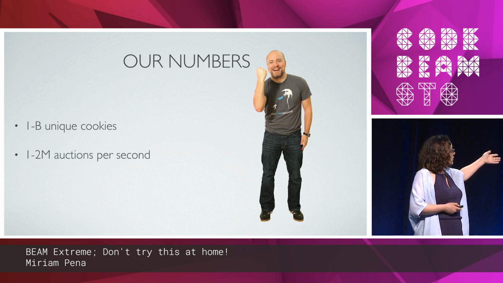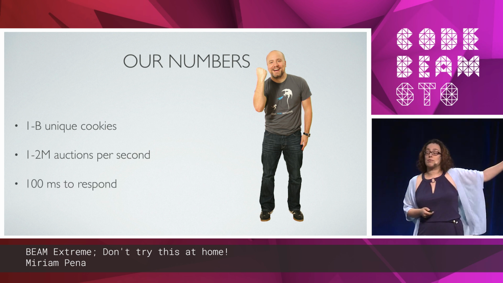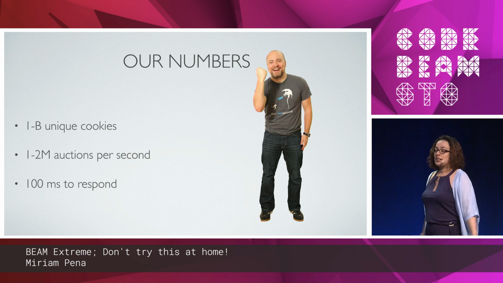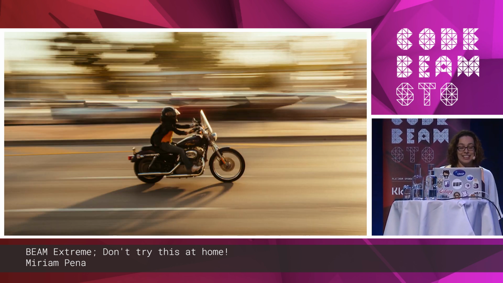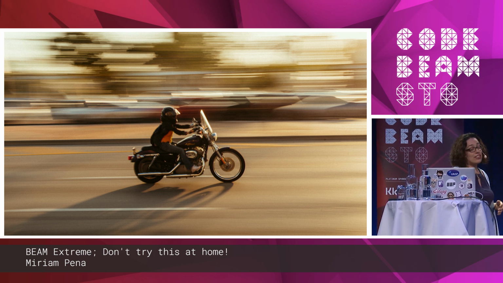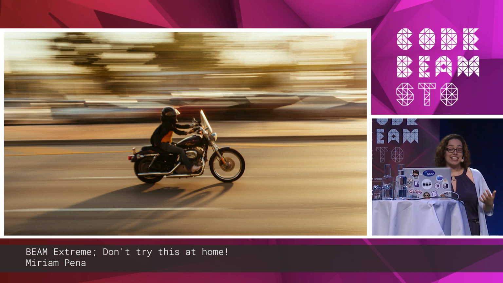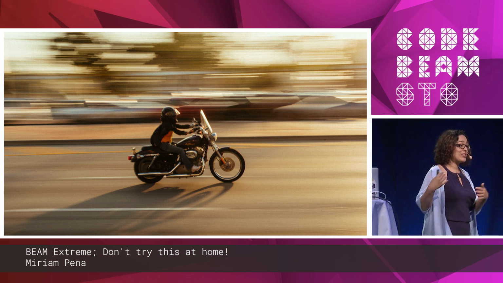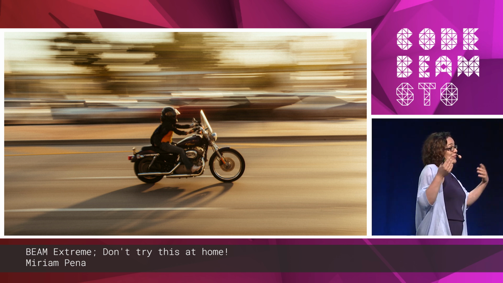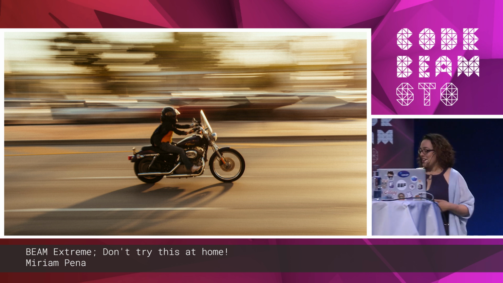We receive over 2 million actions per second, and each action has to be responded to in 100 milliseconds. That's a really, really tight environment. And that's why we care about running our code fast, because we really have a tight deadline on our servers. Because if we don't respond on time, we get penalized, we don't receive more bid requests, we don't sell ads, our customers are unhappy, we don't get money.